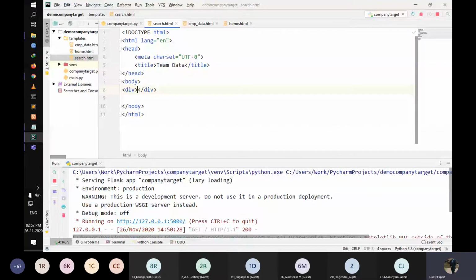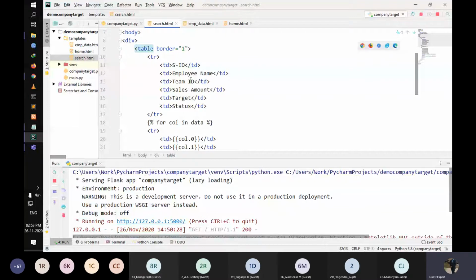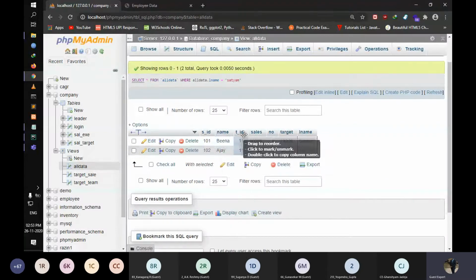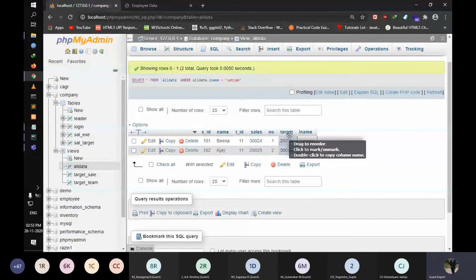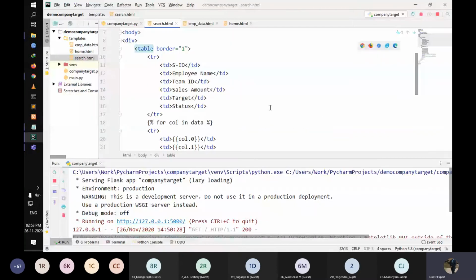So let's just confirm once more. How many fields are we getting over here? So we need 1, 2, 3, 4, and 5. We need 5 fields only, and first is employee ID, second is employee name, then team ID, sales amount, and then target and status.